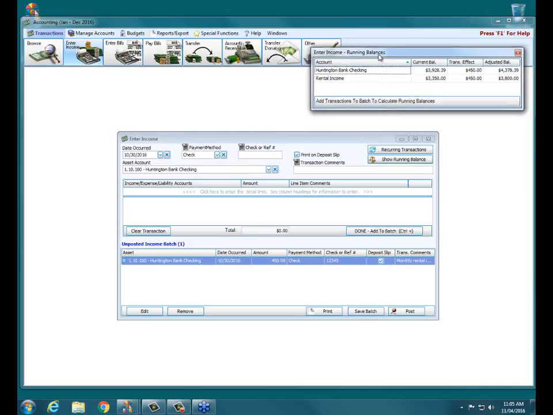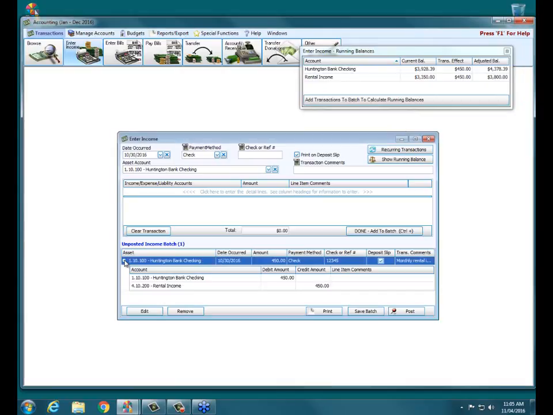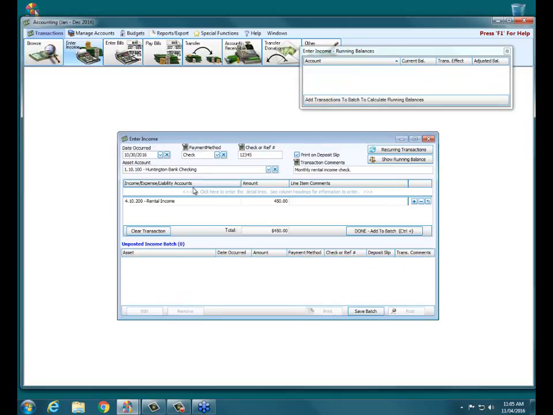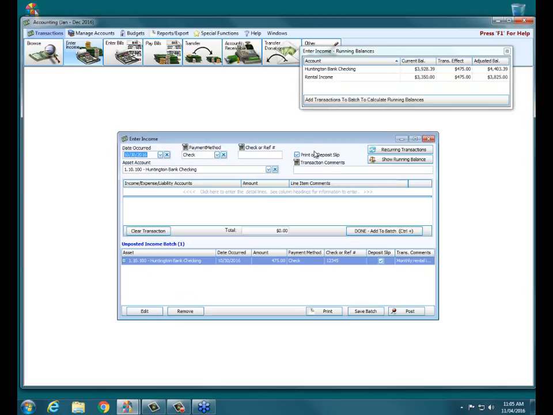Okay. If I clicked on the plus sign next to it here on the left, notice under my unposted income batch, I see my checking account and my rental income account, and so I'm just looking at the transaction details before posting. Say I wanted to edit it, as I would with other transactions, I highlight the entry and either double click on it, or I go down to the bottom left and click Edit. So we'll double click on it, it moves it back up to the top, and I go, oh, that amount should have been $475. Again, I've caught my mistake before I've actually posted it. Not that it's generally much of a problem when we need to correct things afterwards, but in this case, it's nice if we can catch it before we post it.